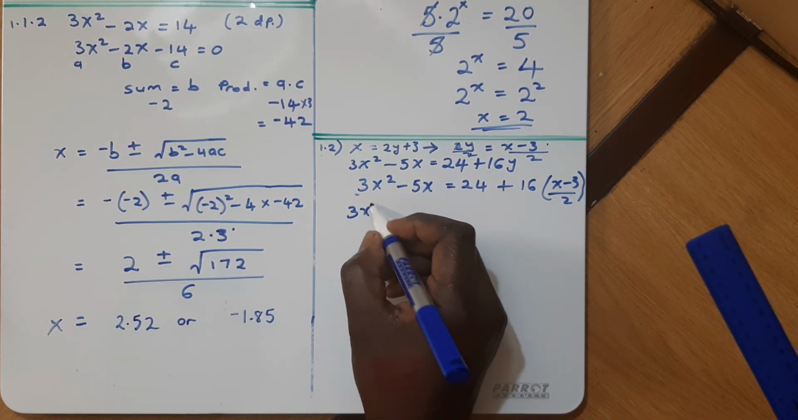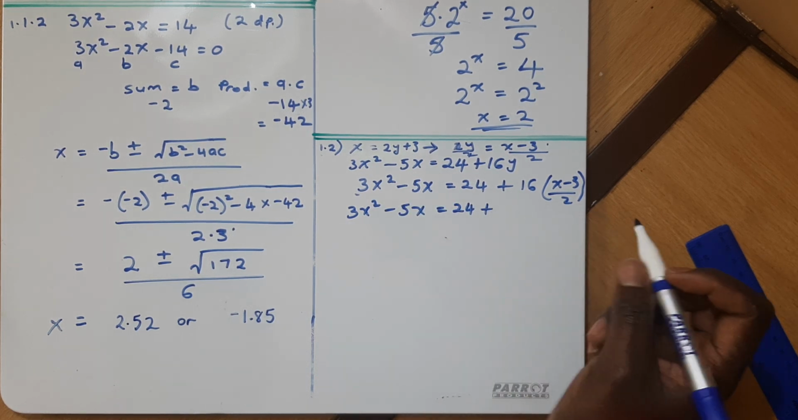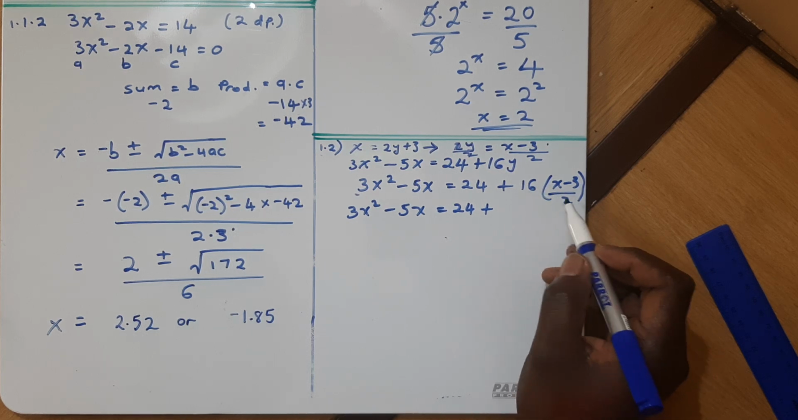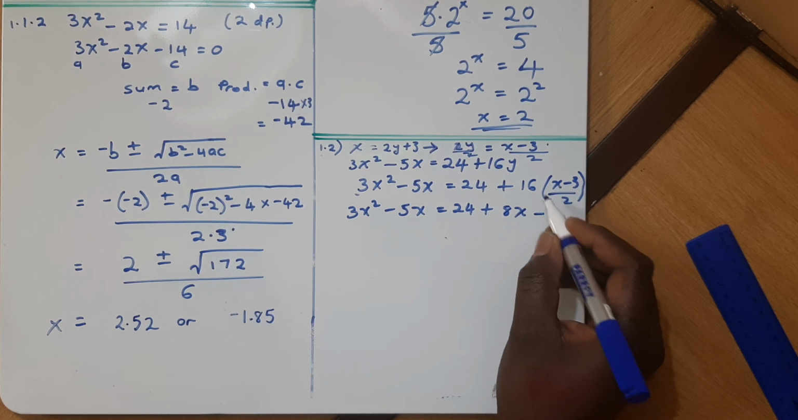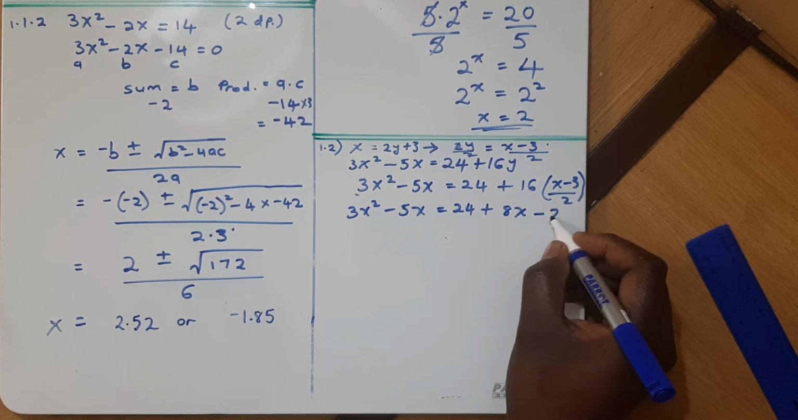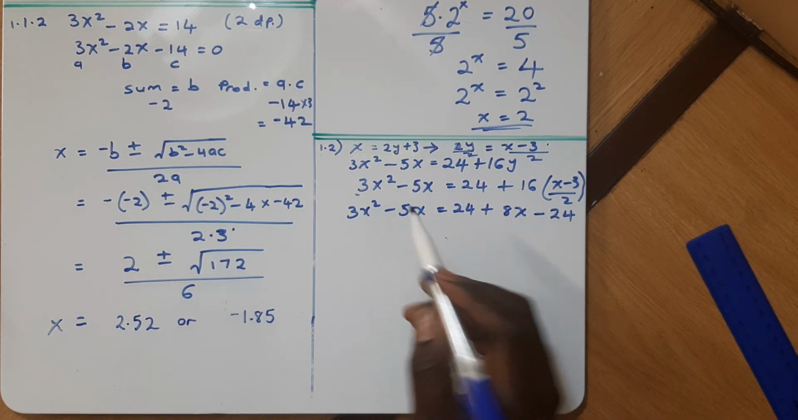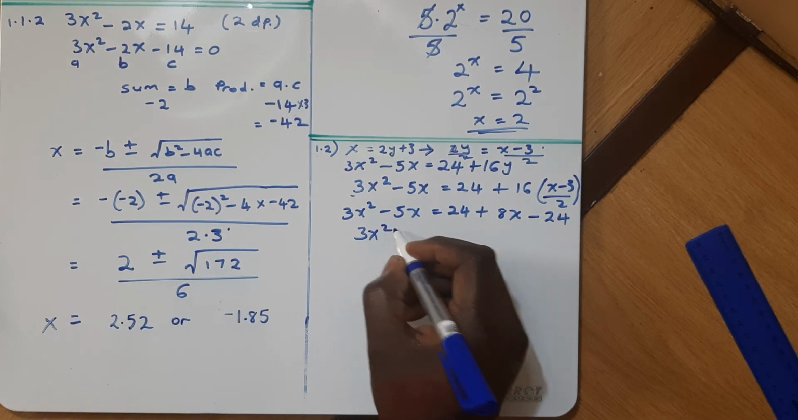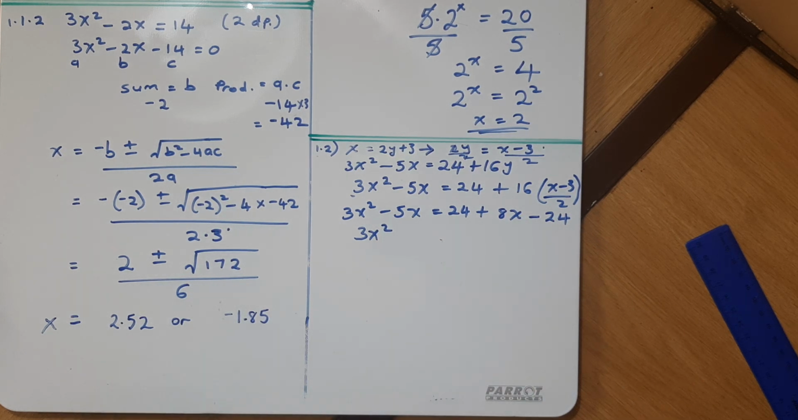Then we get 3x squared minus 5x equals 24 plus 16, this 2, 16 over 2 is 8. 8x minus 8 times 3 is 24. Okay? So we group the like terms. We have 3x squared. When 8x crosses the equal sign, because it's on the other side of the equal sign, we have